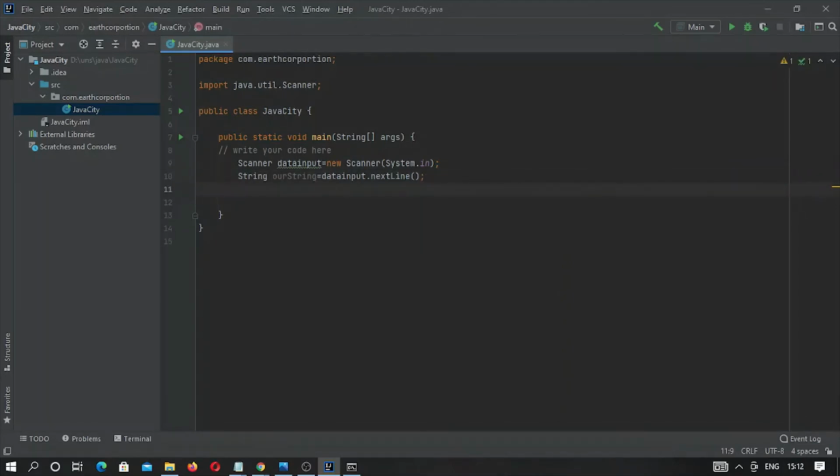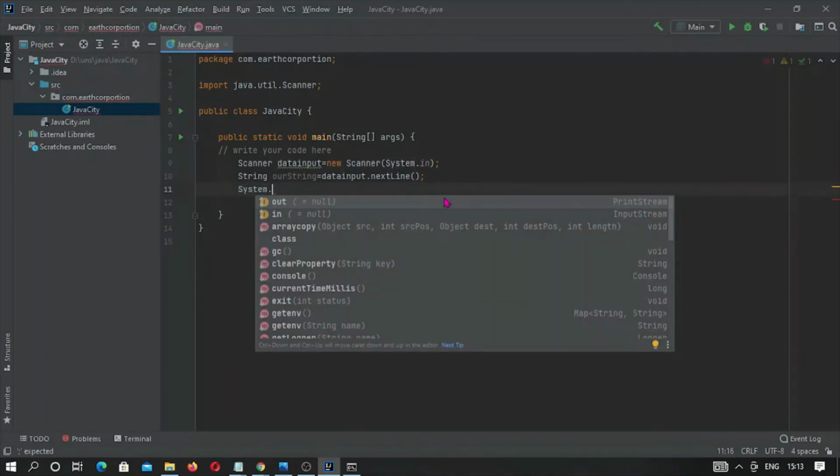So here now, whatever data we have collected in our string variable needs to be printed out. So again, System class dot, and here it is out. This is the out variable, and you can see this is an object of PrintStream. It will return a PrintStream object. This is a PrintStream object, and it is a ready and open stream.